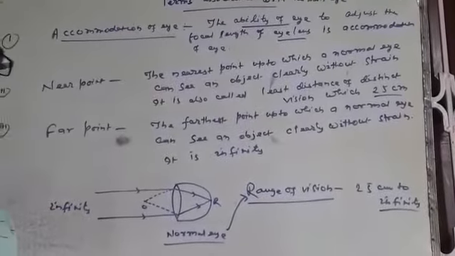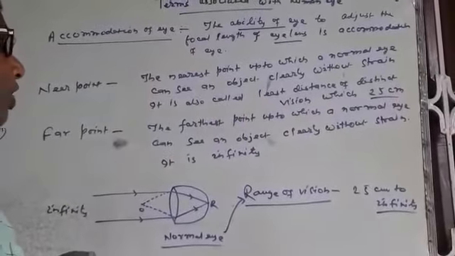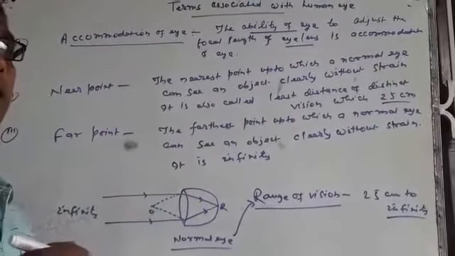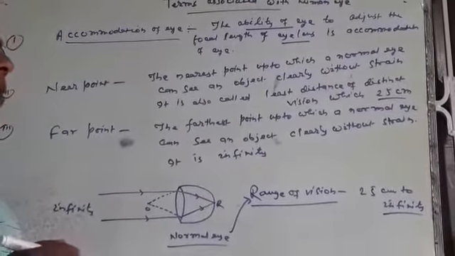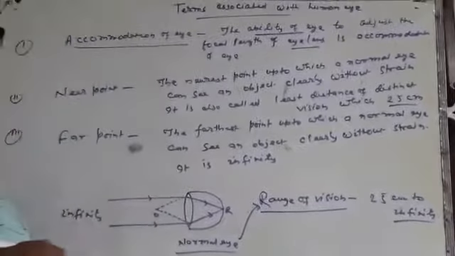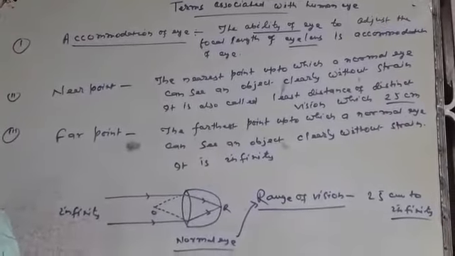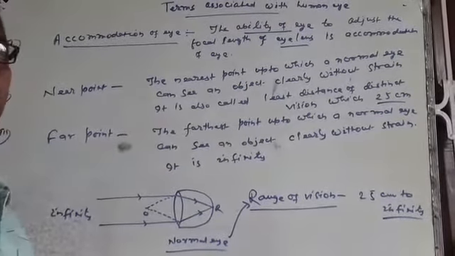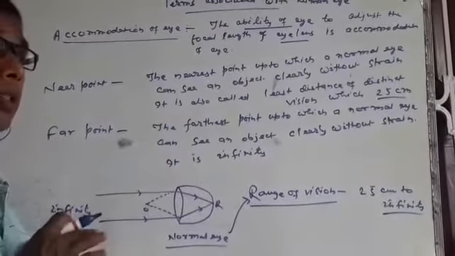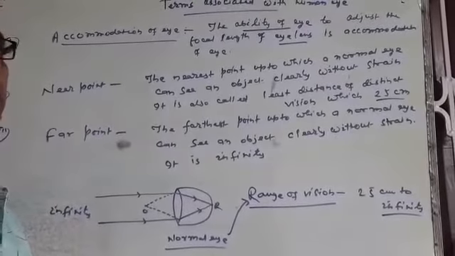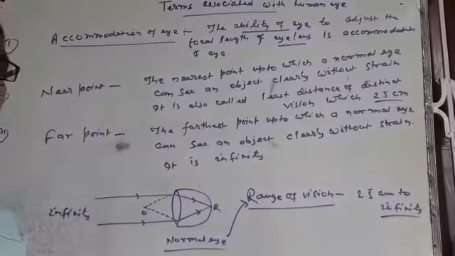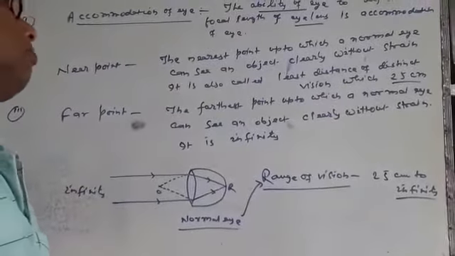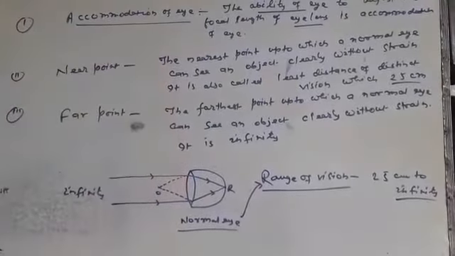Yesterday I explained that this is done due to the changing focal length of the eye lens. The eye lens is held by ciliary muscles. By the action of ciliary muscles, the focal length of the eye lens can be changed, which is helpful to see sometimes a nearby object and sometimes a distant object. If there is no change in the focal length of the eye lens, it is not possible that the same person can see a nearby object and a distant object. This is accommodation of the eye.